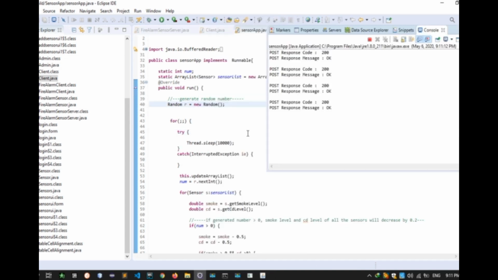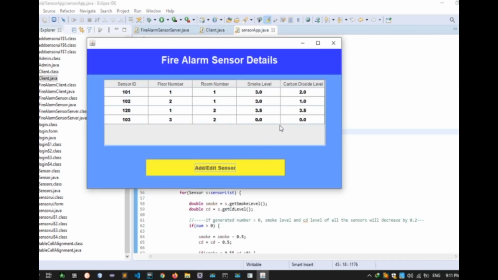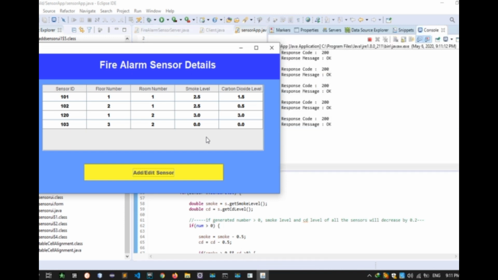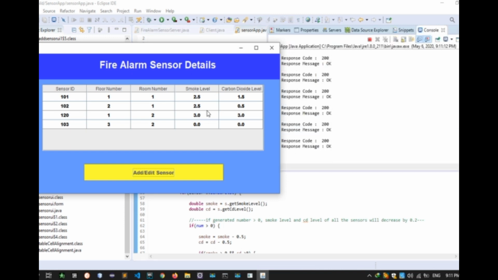Yeah, it's activated. Now we can check our desktop application. Every 10 seconds that sensor app updates the smoke level and carbon dioxide level. Yeah, in here you can see the updated details. For 103, the smoke level and carbon dioxide level were previously set to 0, and now it's increased to 0.5. Now it's also 1.5. That means our server and sensor app are working properly.